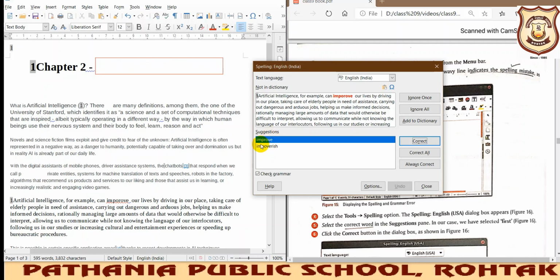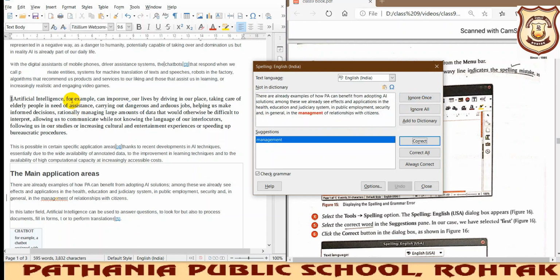Whatever you feel should be taken up, you just need to click on it, like you can move it like this. Whatever spelling you select, it will take it from your command only. Whatever you click and then click on correct, it will be implemented. And if you click on ignore once, it will not correct it. The underlining will remain, but that particular spelling will not get corrected. This way you can do it.